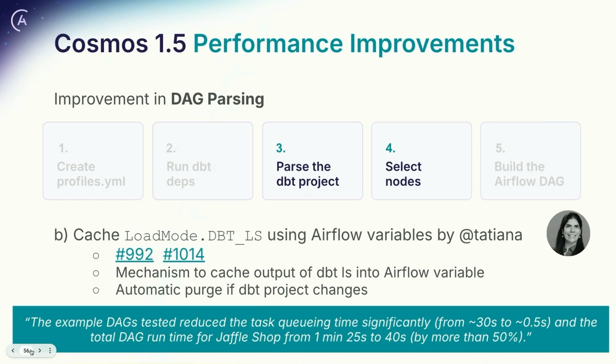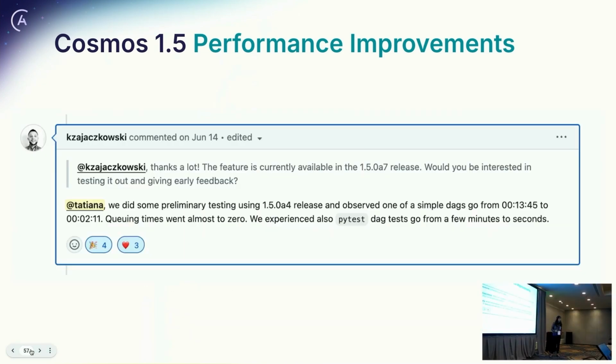We had 10 alpha releases out of this before it became something. It was born. But it was very exciting to see the improvements. In some DAGs, it was 50%. And while we were developing, a community member was very excited, gave some thumbs up. And I said, could you please give it a try? He said, I already tried. And then he said it reduced running simple DAGs from 13 minutes to 2 minutes.